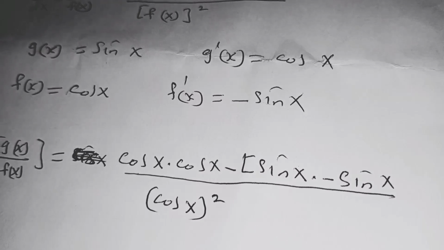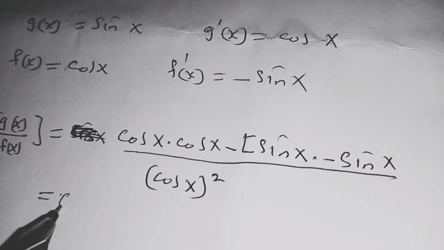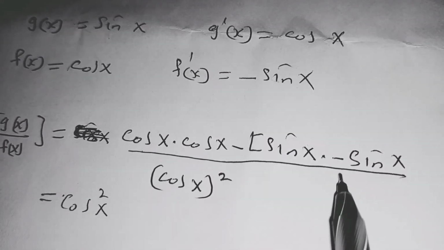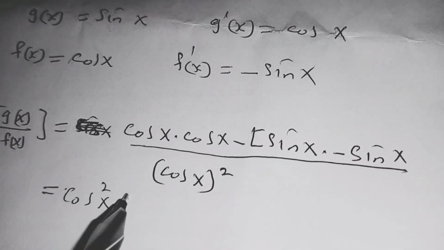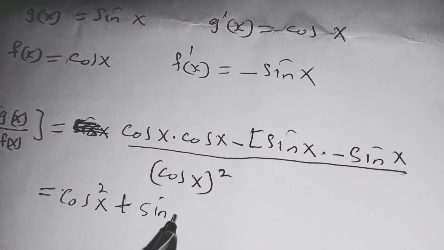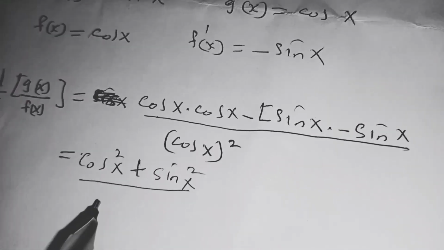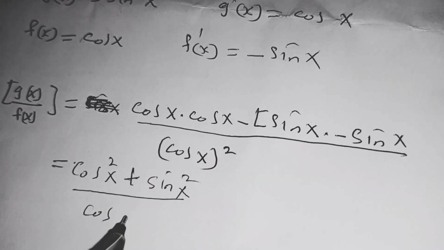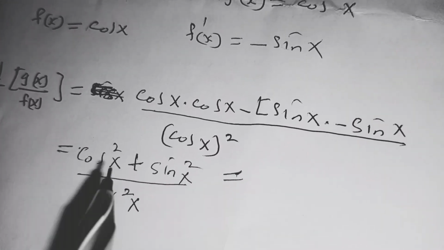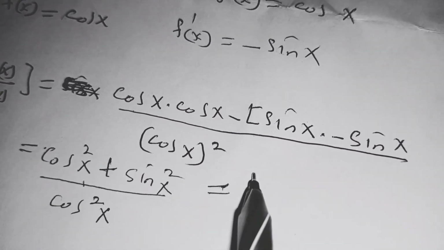This will be equal to cos of x squared, and here we have minus, and the minus becomes plus, sin of x squared, all divided by cos of x squared. Now from the identity, cos squared x plus sin squared x is equal to 1,